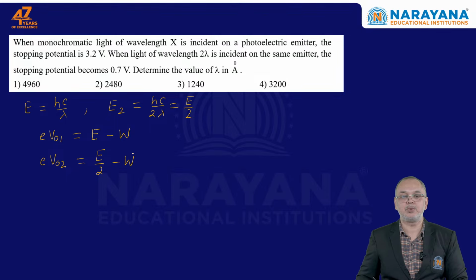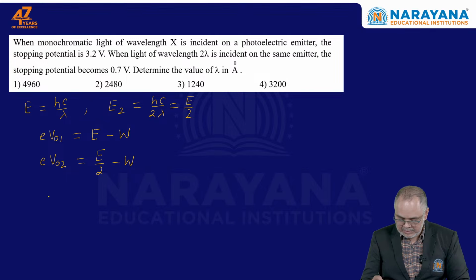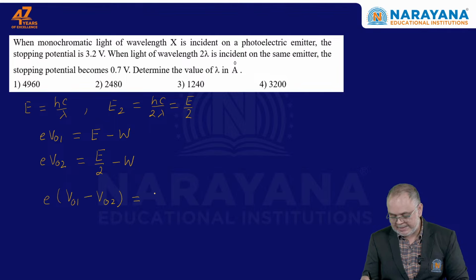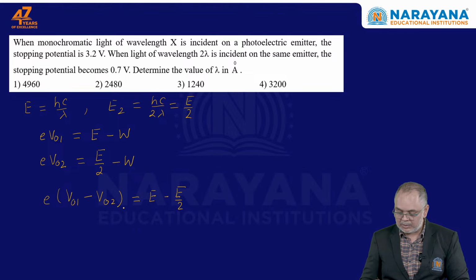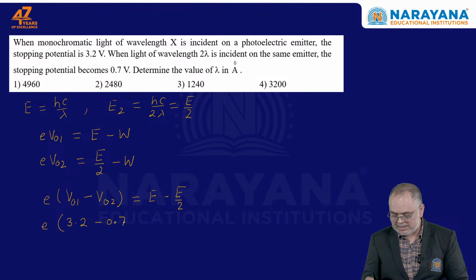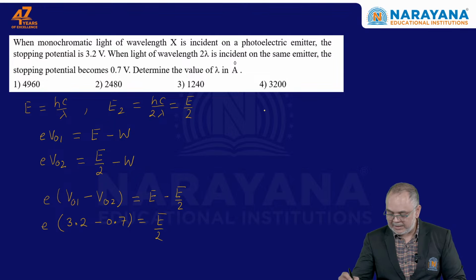Now if we subtract these two, W will be cancelled. So we can write E(V naught 1 minus V naught 2) is equal to E minus E by 2 W, it will be cancelled here. Now V naught 1 and V naught 2 values are given, we can put the value here. V naught 1 that is 3.2 volts minus V naught 2 that is 0.7 volts, and this is equal to E by 2, or we can write E is equal to